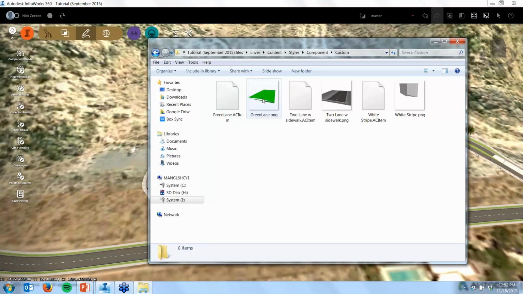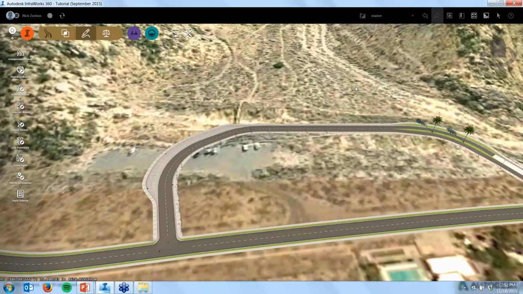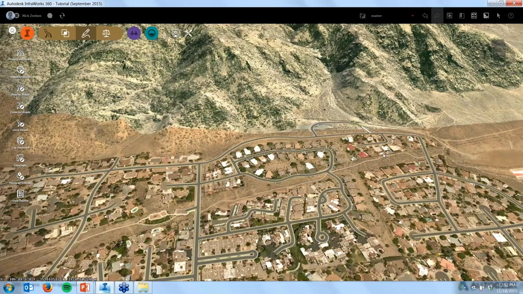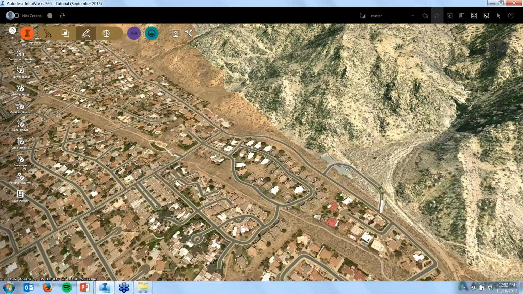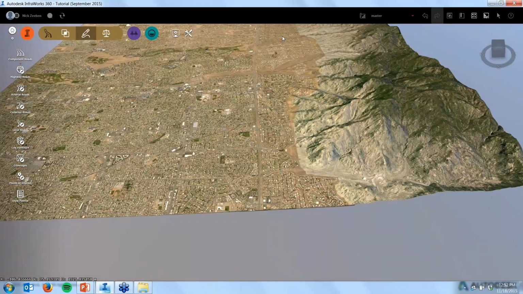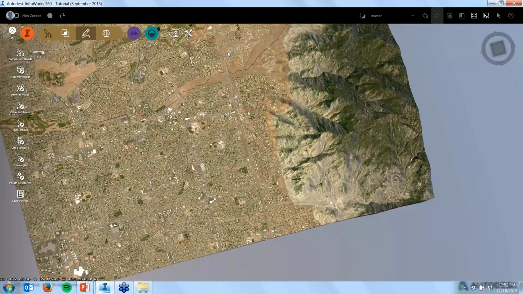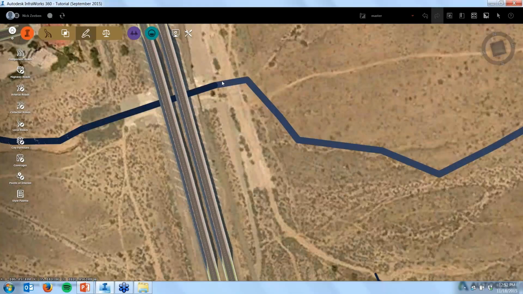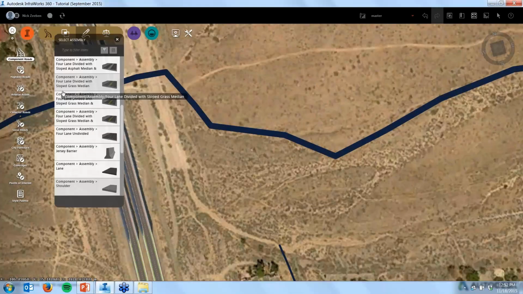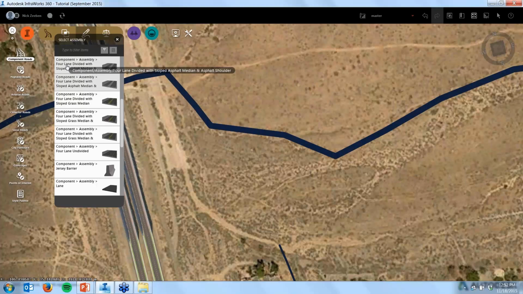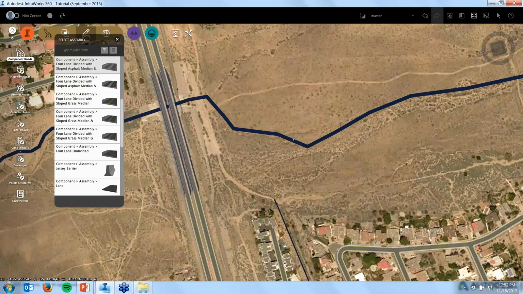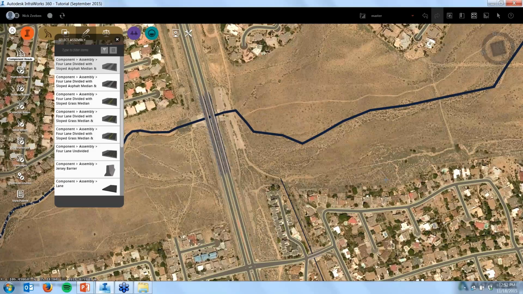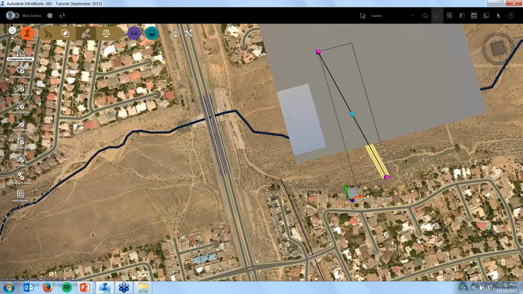Another question that came up early on was how component roads interact with bridges. Can you address that at all? So the bridge itself knows that components are there, and it basically treats it the same as it would a style-based road. I'm just looking if there's anything bridge-worthy in this model. Looks like there's some kind of stream here. So if I create a component and we grab a 4-lane and we cross that roadway, I believe,